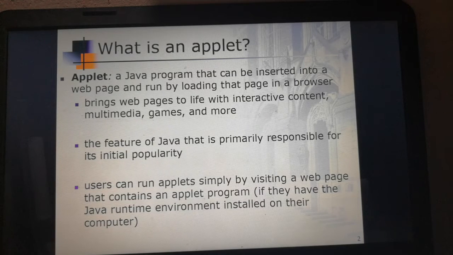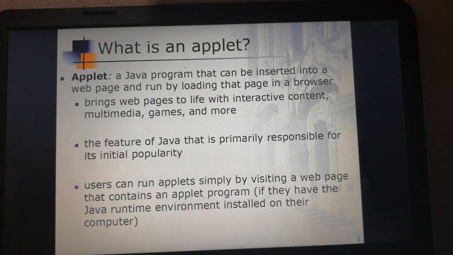Next, I am going to explain some of the advantages of applets. Applet works on the client side, so the response time of the client will be much lesser and it is much more secured than other methods. And the applet can be executed on many platforms. The major drawback of an applet is that we need plugins to be included if we need to execute the applet.